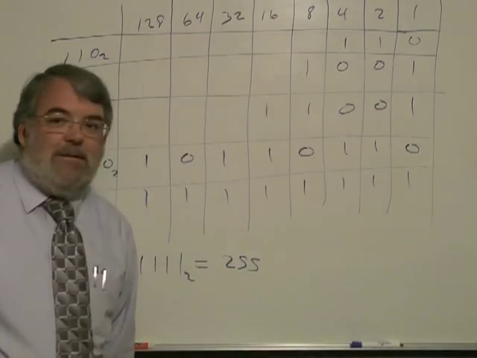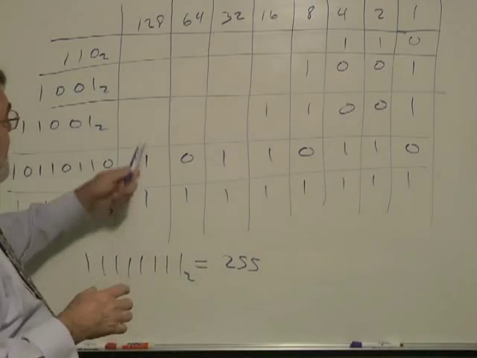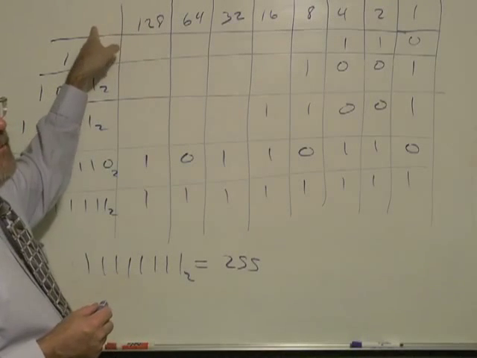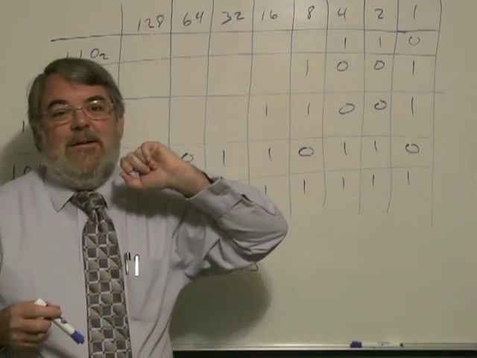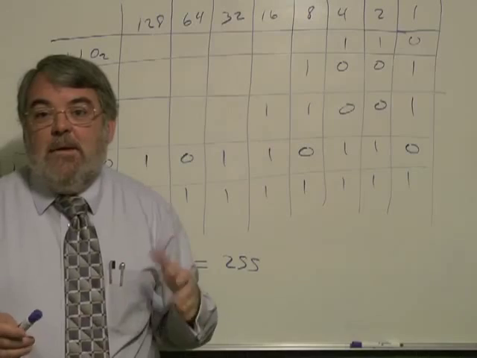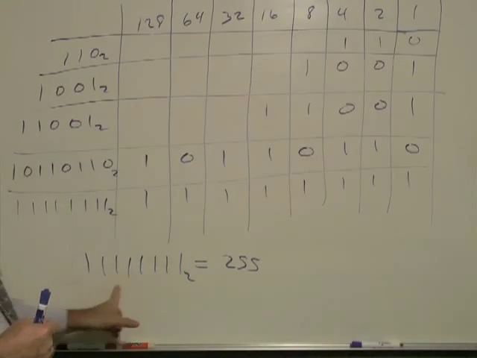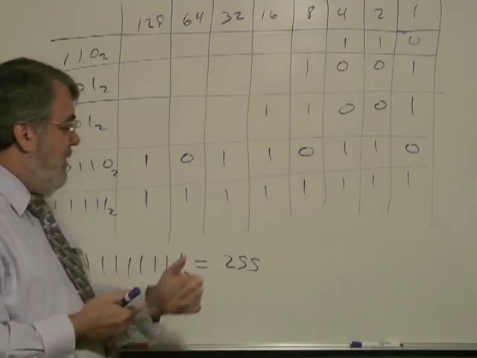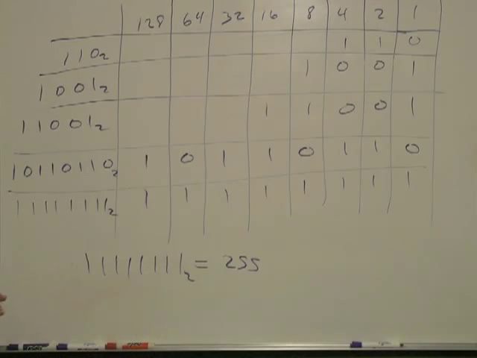All right, I just knew that. Okay, and here's how I knew that. Because if I go to a 9th place value, a 9th place value will be 2 to the 9th power, which is 2 times 128. That's 256. And so just before you get to the 9th place value, you've got nothing but ones. So subtract 1 from 256 and you get 255. So anyway,